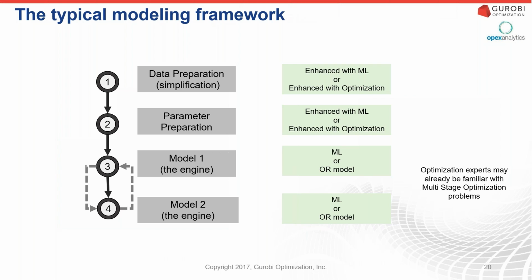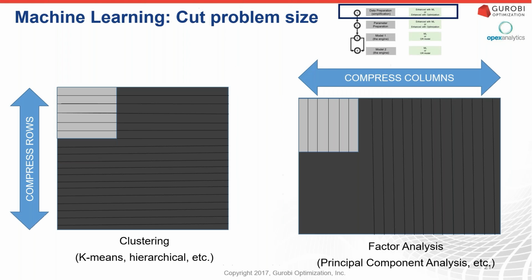Like I may run an optimization model, a nice mixed integer program. That might feed a machine learning algorithm that gives me some information, then that has me kick off another mixed integer program that helps me answer the business question. And I want you to think that machine learning is just another tool that you can use. So just as linear programming is a tool you can use to help solve your integer programs, machine learning is again another tool that we can use to help solve our optimization problems.